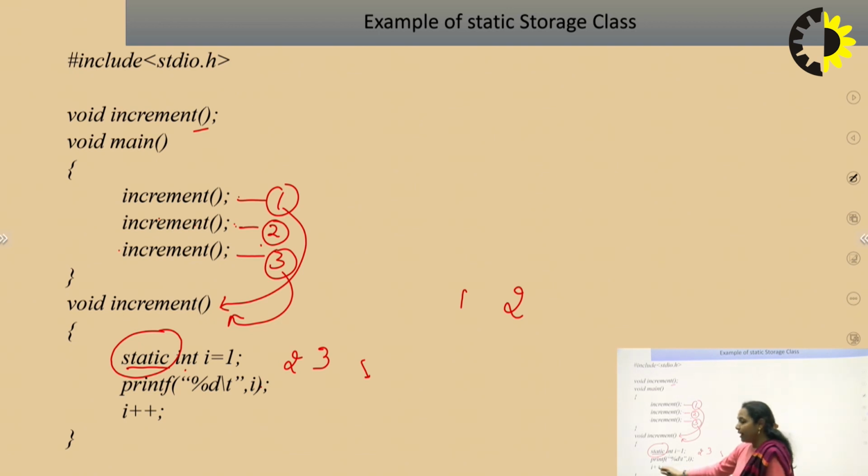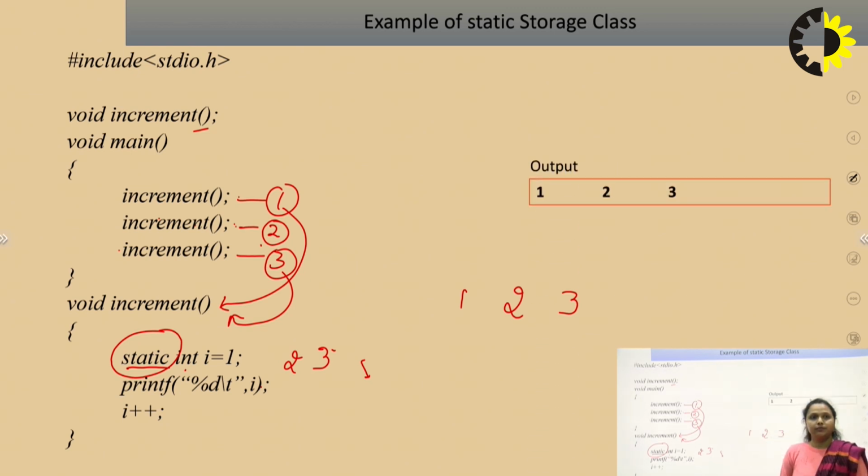So the updated value of I, that is 3, is going to be printed. So now the output is 1, 2 and 3. Whenever we use a static storage class, we get the updated value of I each and every time because of the lifetime of I.